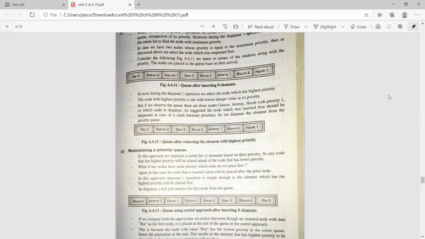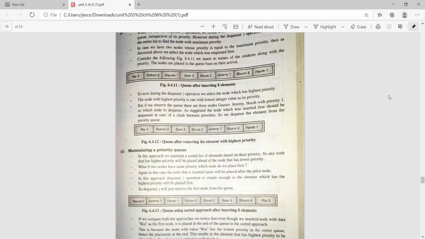So the highest priority element will be deleted. Then the second approach is maintaining a priority queue. Maintaining a priority queue means what? In this approach, we maintain a sorted list of elements based on their priority. Any node that has higher priority will be placed ahead of the node that has lower priority.